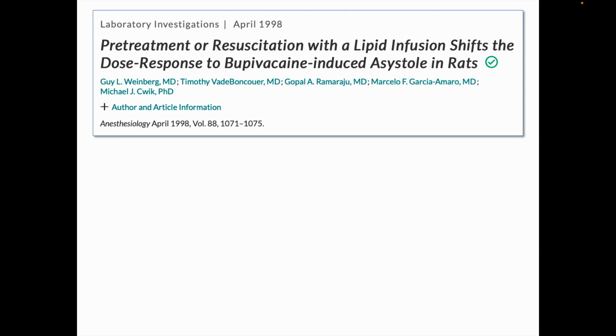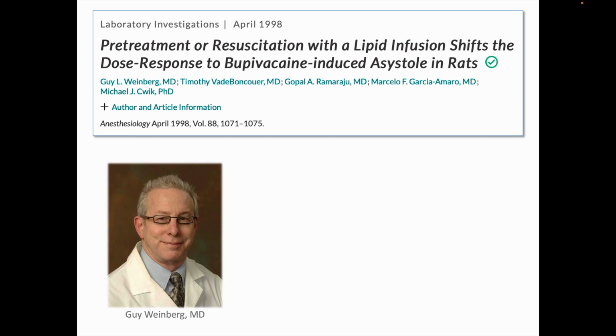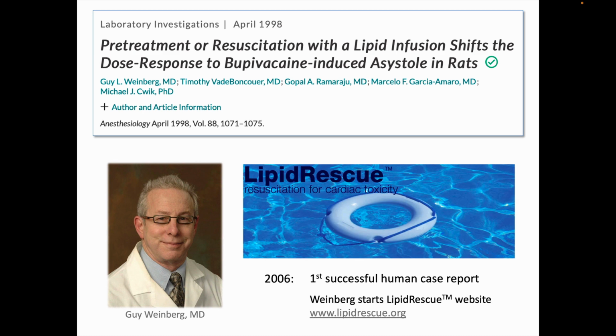This was first reported in 1998 in the journal Anesthesiology in this paper, Pre-treatment or resuscitation with a lipid infusion shifts the dose response to bupivacaine-induced asystole in rats. The first author of this paper is an anesthesiologist named Guy Weinberg, and a few years later, in 2006, the first successful human case report of such lipid rescue therapy was published, and Dr. Weinberg started the lipidrescue.org website,